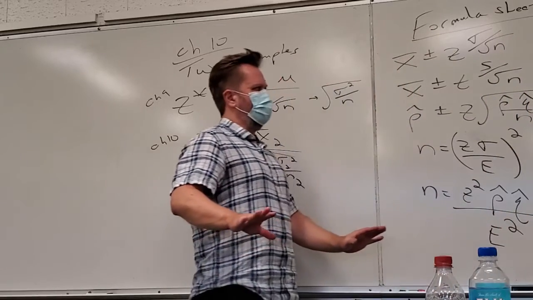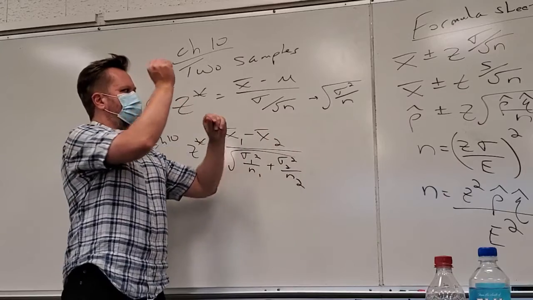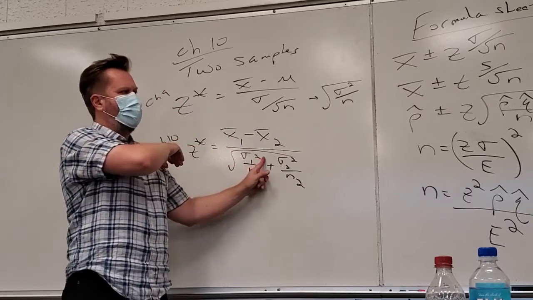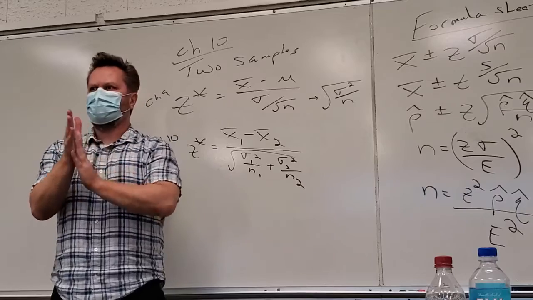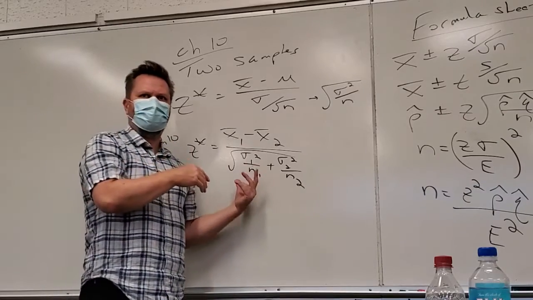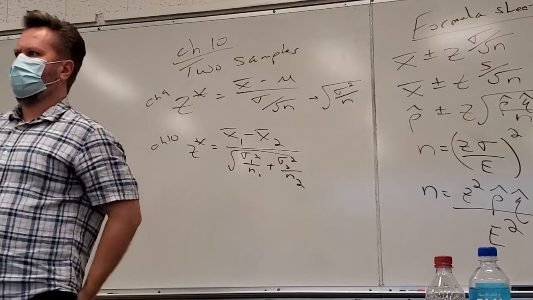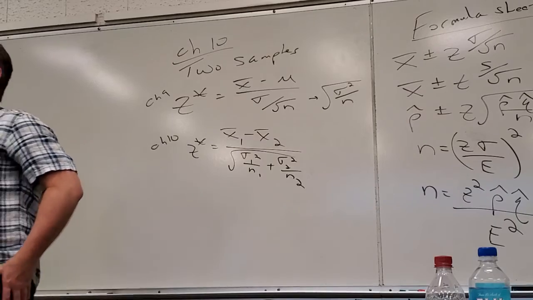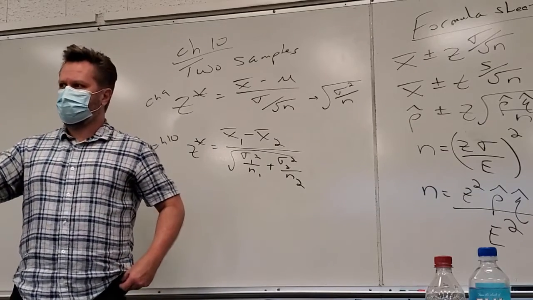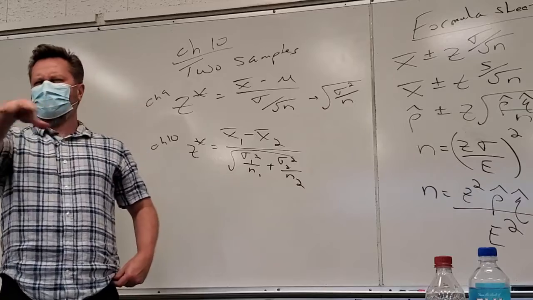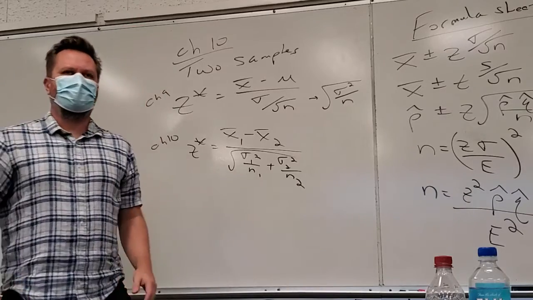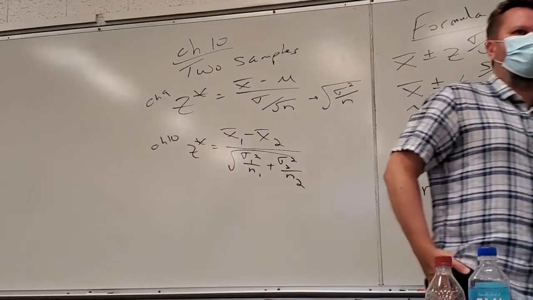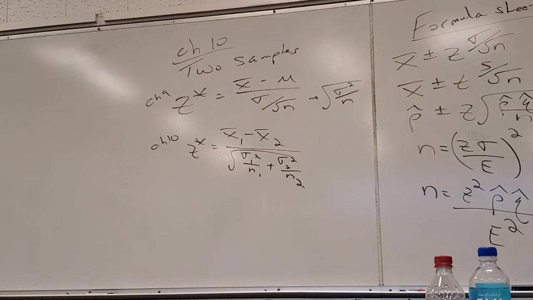Okay. So we got a formula sheet. This is there if you want it. If you do the homework and you want to add this to your formula sheet, feel free. If you think you're going to do that extra credit homework and you want to have this formula for you, go ahead and put it down there. Yes? Now will chapter 10 be on the final? Maybe. I don't know. If I do, it'll be in the bonus, right?